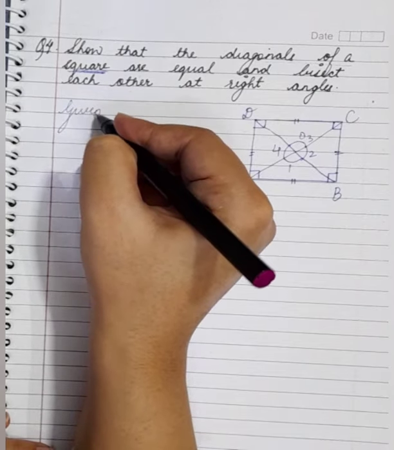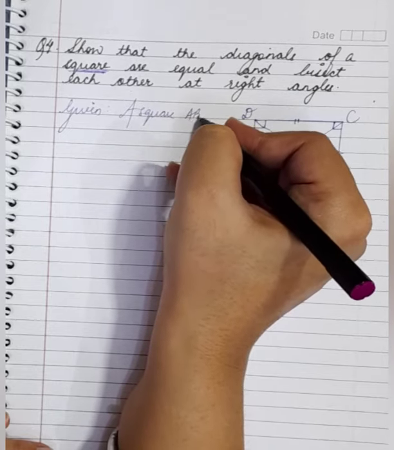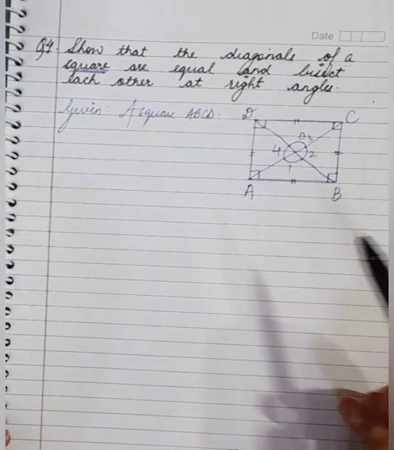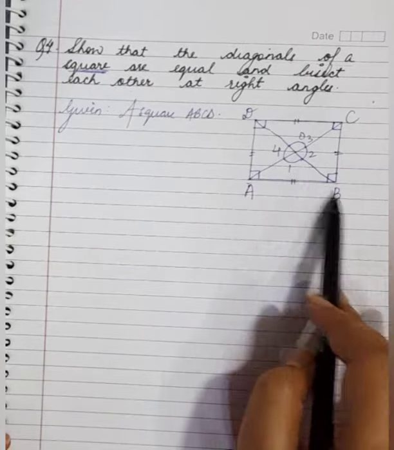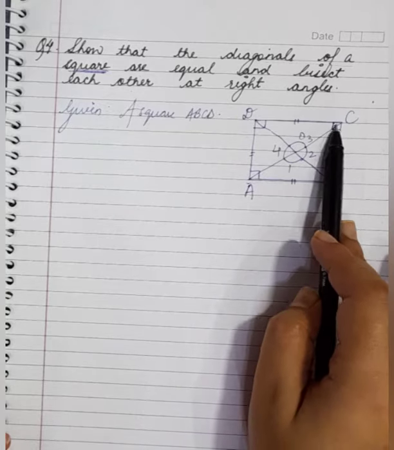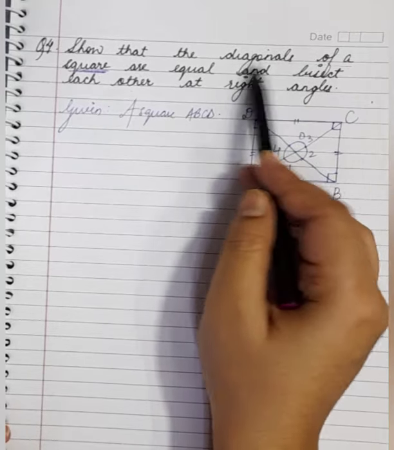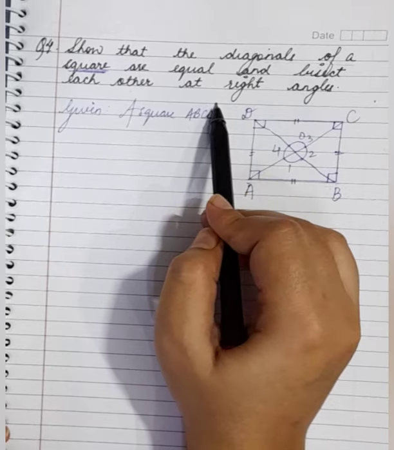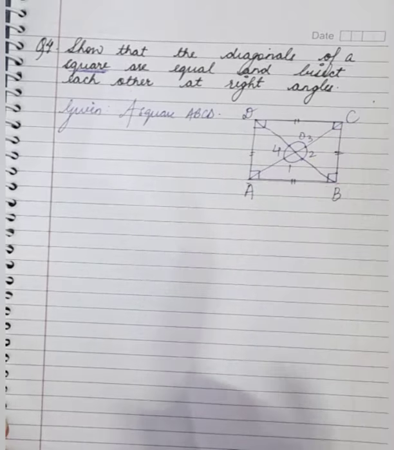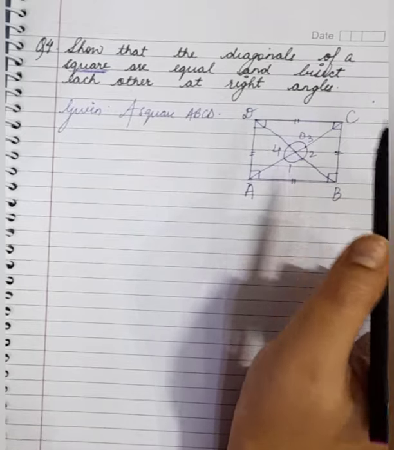Let's start writing the given portion. A square ABCD. See children, here you will be having a doubt, like we know in a square the diagonals are equal, so how are we assuming these angles as 90, why are we not assuming diagonals as equal? See, other than diagonals being equal and bisecting each other at right angles, other than these 3 properties of an actual square, you can assume all other properties as true. So you can take all other properties in the given portion. Just exclude these 3 because these 3 are to be proved.